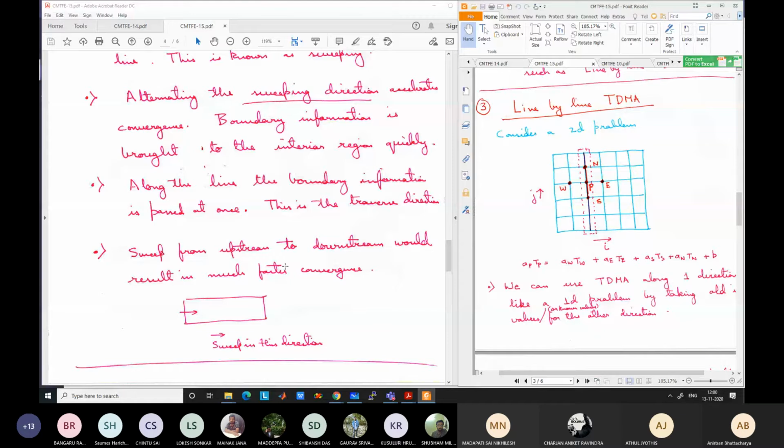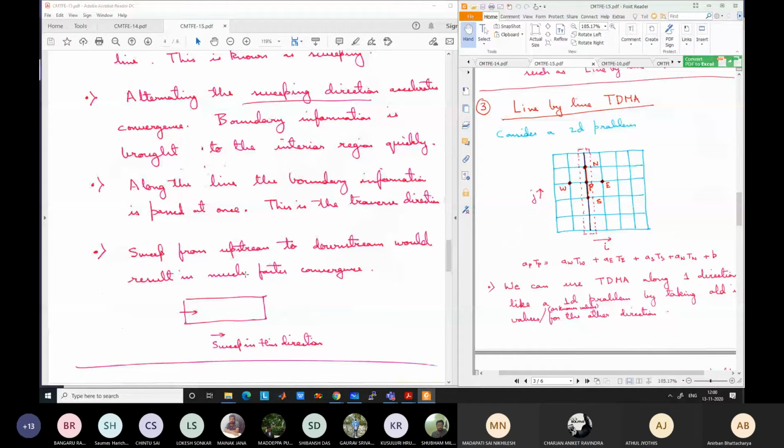For example, if I have flow from the left side to the right side, say flow in a pipe or something, some hot fluid is coming from one side in a channel and it goes to the other side. If my sweep direction is also aligned with the flow direction, the sweep direction goes from this side to this side, the information will travel very fast from this boundary which is bringing the information, like a hot boundary or whatever velocity condition is there, and this information will be passed to the entire domain very fast. If you try to sweep in the opposite direction to the flow, the convergence will take longer time.